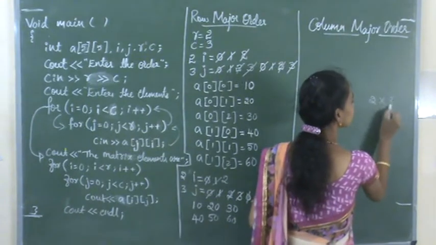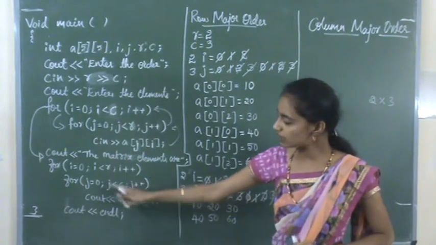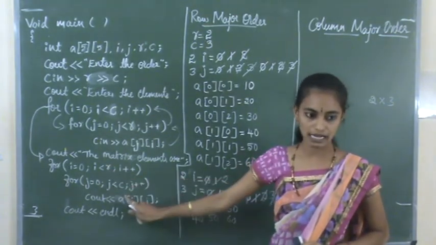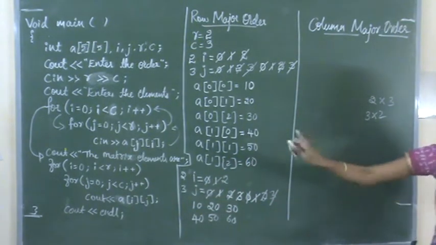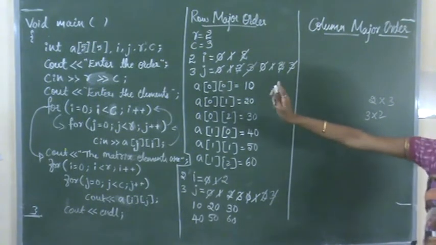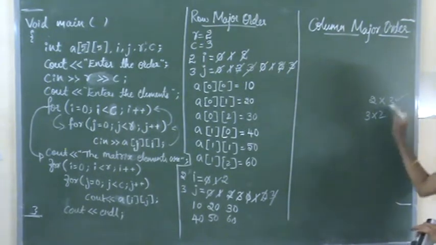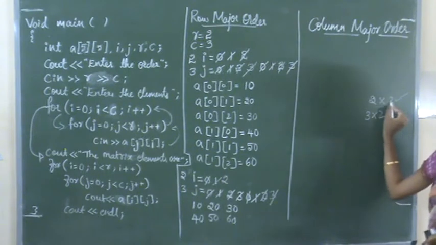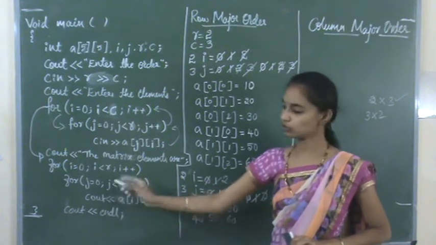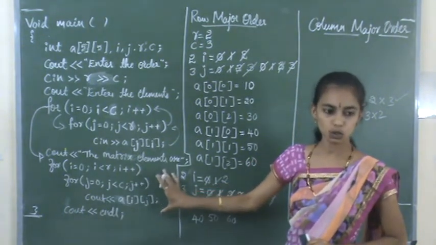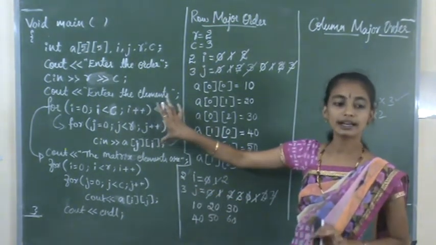Okay. Suppose I entered 2 cross 3 as the R value and C value. So if I interchange these values, C and then R, then the printed values become 3 cross 2. But that is wrong, right? So whatever we read, that data will be printed as it is. So if we read 2 cross 2, the output will also be 2 cross 2 only. So first it has to read the R value and then the C value. So this will be the same as it is. There is no change in printing the values. Okay. So the only changes are made in reading the elements.